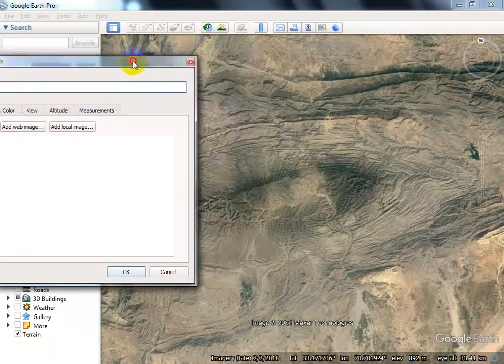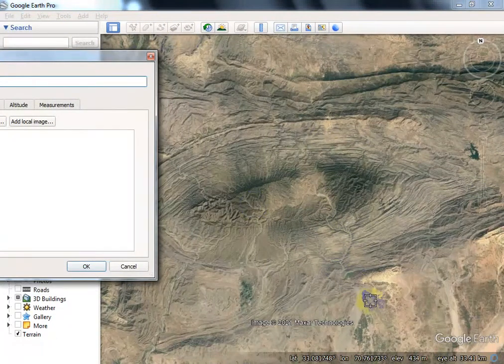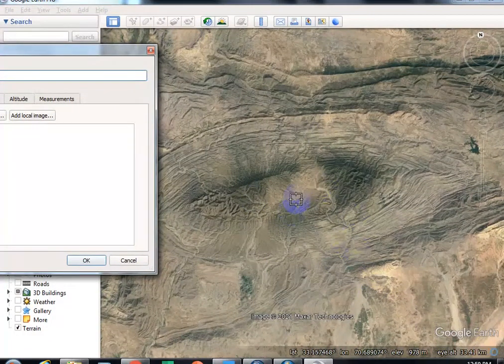Draw as much as you can, so it will give you more points.